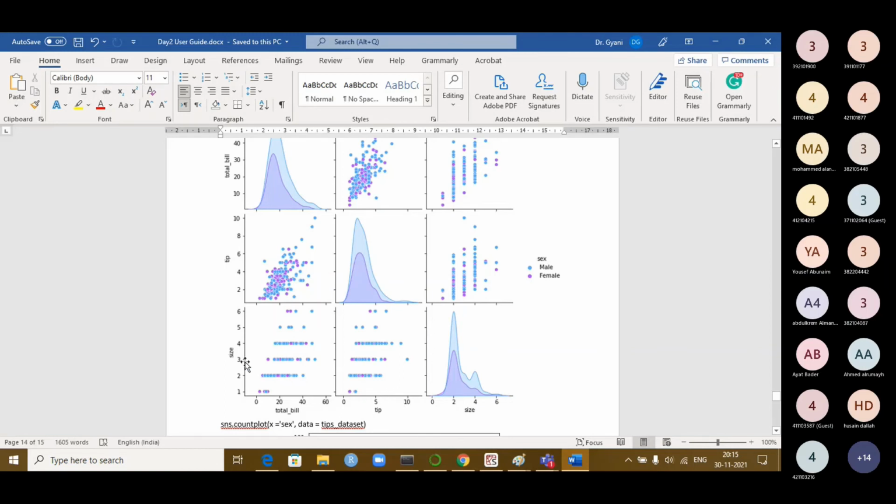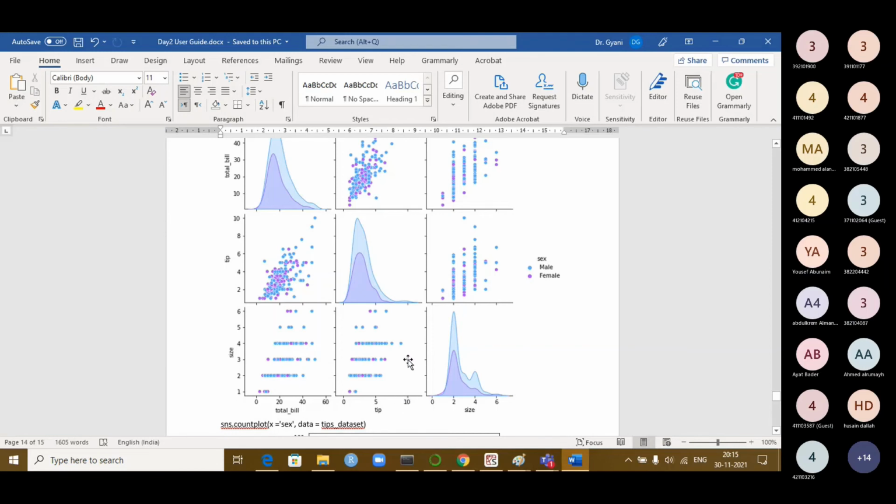Is there group size affecting your tip size? Let us try to look at it now. The 6 member group gave around $8 tip. But you see the interesting conclusion here. When the group size was 3, they gave the maximum tip. You can come here and find out that the maximum tip given is $10. The group size was only 3.